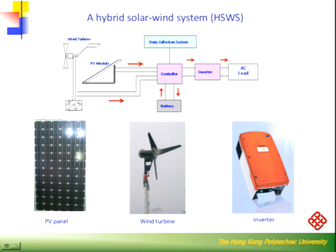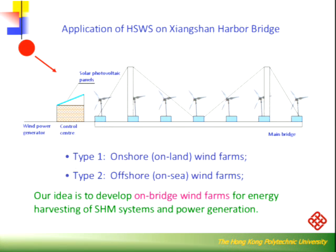And for bridge application, we have proposed a hybrid solar-wind system incorporated with structural health monitoring systems. Our idea is to develop so-called on-bridge wind farms, for energy harvesting for the structural health monitoring system and also for power generation. This on-bridge wind farm concept is between onshore wind farms and offshore wind farms. So we would like to install the wind turbines on the bridge deck level at the location with pier